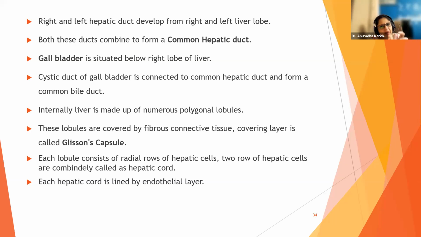But similar way, as the crescent shape is going to have a transparent layer. Yes, beta, a transparent thin covering over it. The same way, each polygonal lobule will also have a thin covering over it, which is going to be called as Glissen's capsule. So please, ये दिमाग में fit करना, liver is not covered by Glissen's capsule. Liver के lobules internally are going to be covered by Glissen's capsule. Is it absolutely clear in your mind? No confusion. Now you could imagine all the things.